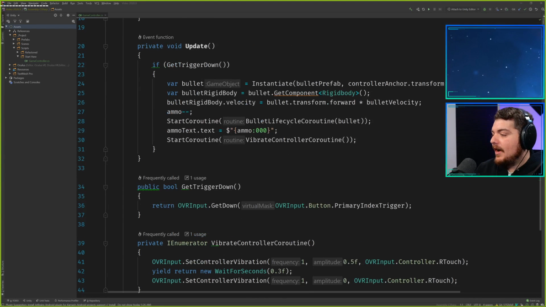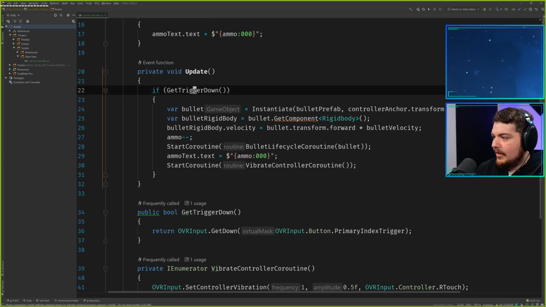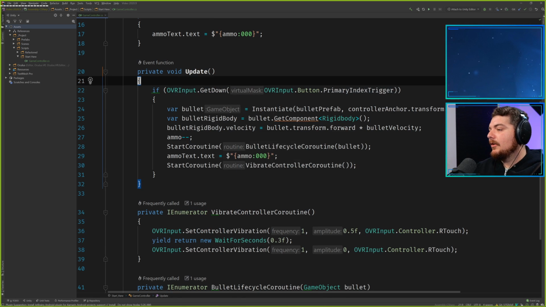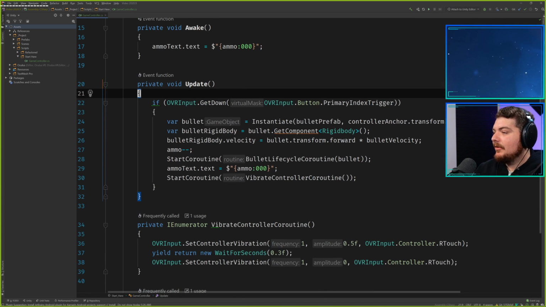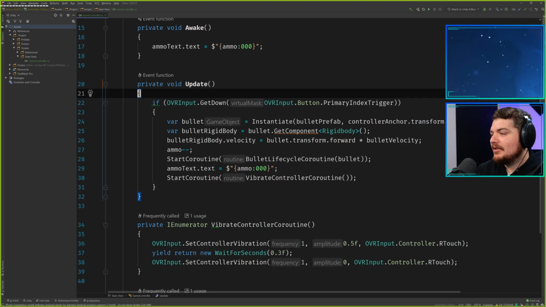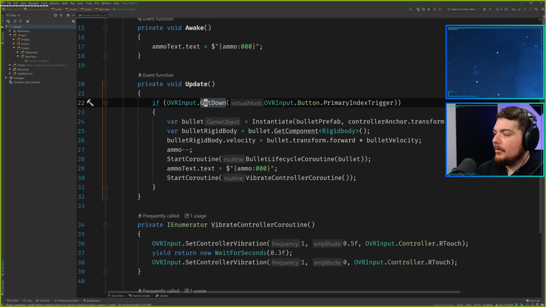In fact, I still have some things that I've refactored. Let me back out of that real quick. Let me just inline this. Okay, so as we can see here, this is an update, so this is running every frame. First thing it does is it checks this OVR input, which is part of the Oculus VR library. It says, I'm going to check if the primary index trigger is down.